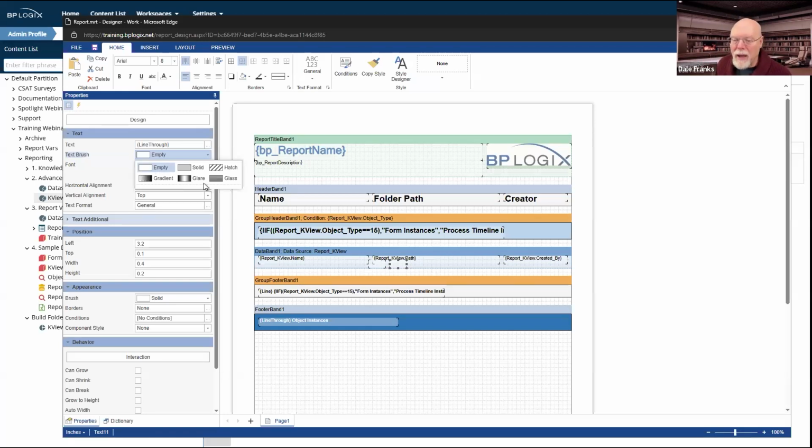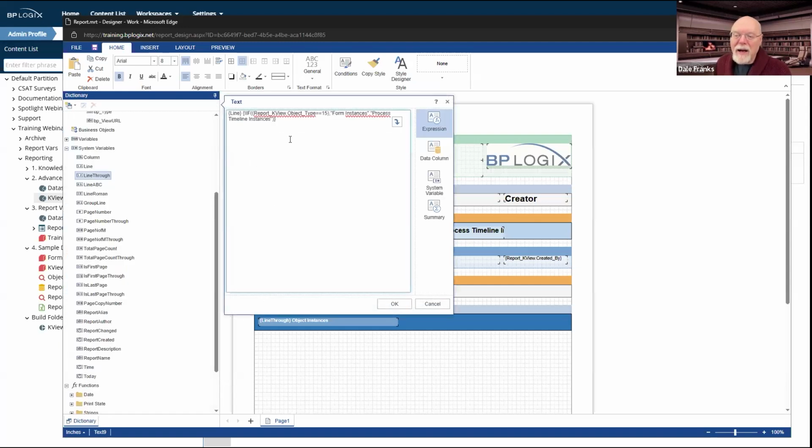And by doing so, I don't actually see the text for my line or my line through system variables, but they're there and they need to be inside the data band, because as the data band iterates through the data, as we reset to a new group and we regenerate a count in the line system variable for the group, I want to keep all of these things inside the data, but I don't want to show them there. But I do want to show them somewhere, and where I want to show them is in the group footer band.